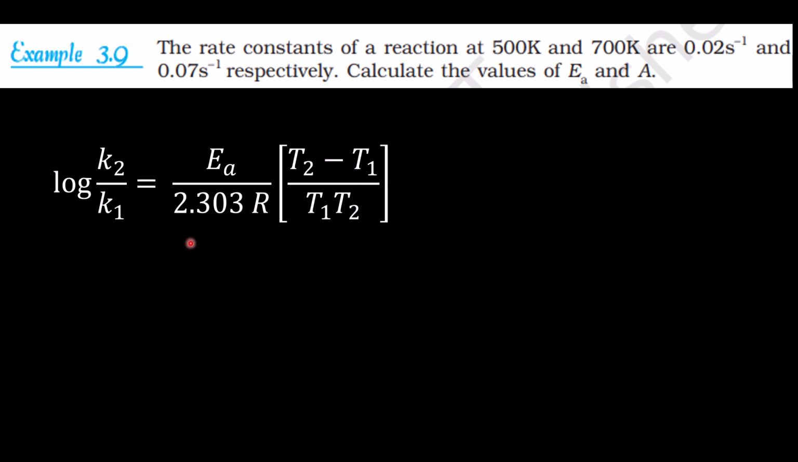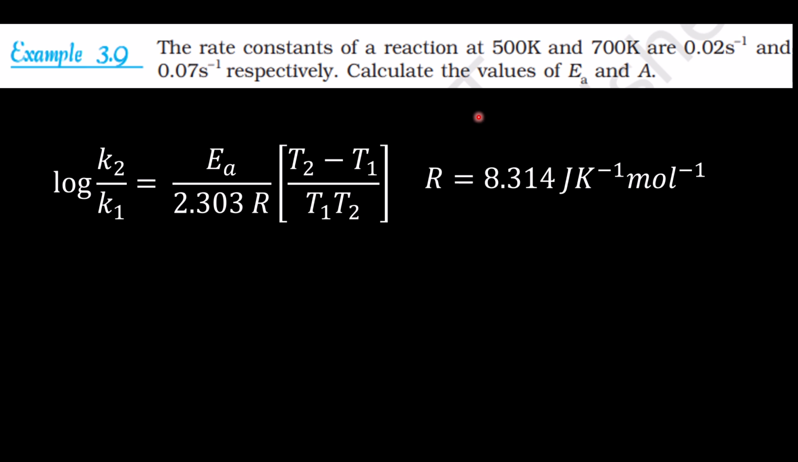For this, we have to use this formula. It is log K2 by K1 is equal to EA by 2.303 into R, that is gas constant, into (T2 minus T1) by T1 into T2. So here T1, T2, K2, K1 values are given, that is R is equal to 8.314 joule per Kelvin per mole,